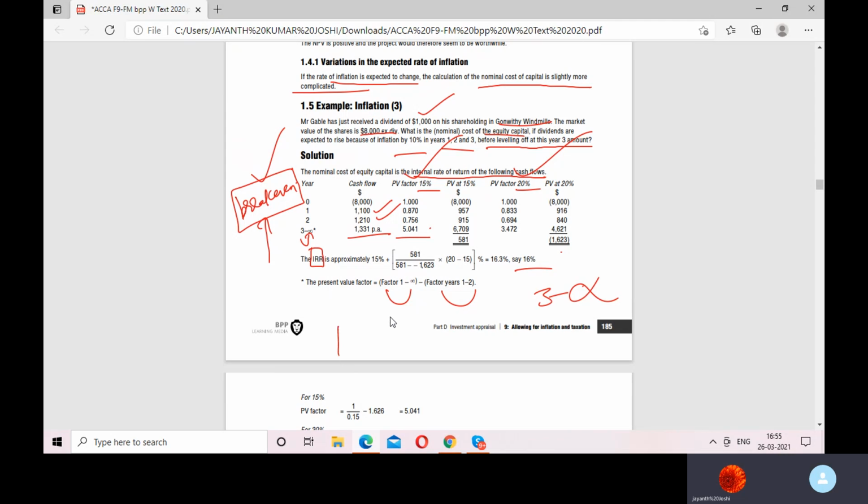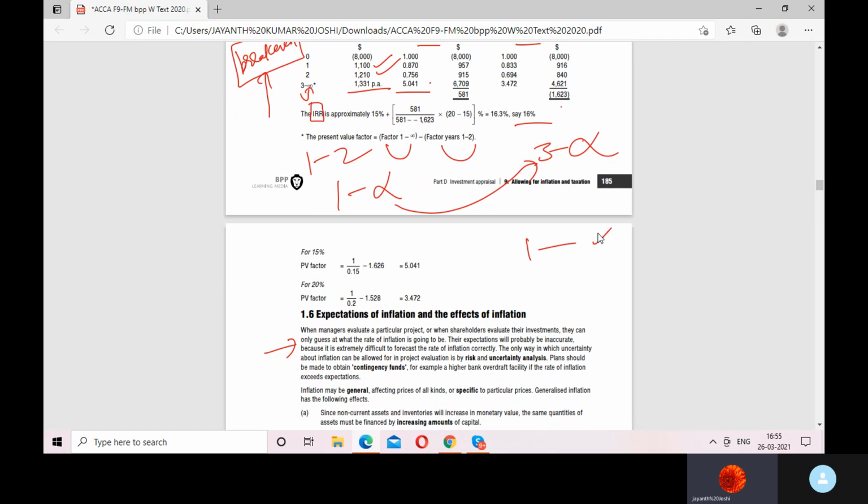So from 1 to infinite, you removed 1 to 2. Then again, it will start from 3 to infinite, correct? 1 to infinite is the total. From that, remove 1, 2. You want 3 to infinite. So you'll get 3 to infinite. So it is like 1 by 0.15. That is at the rate of 15%, your perpetuity will be this. Whatever it comes, minus